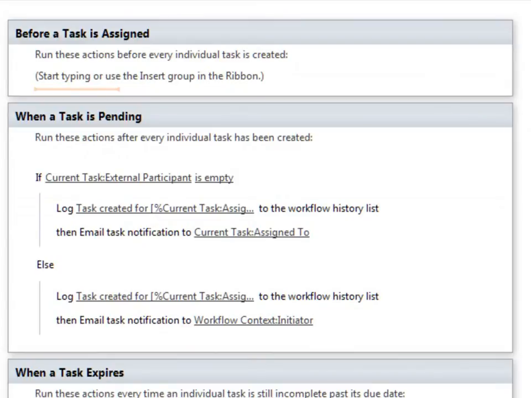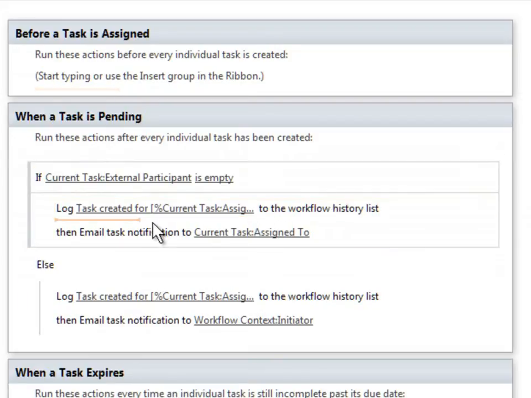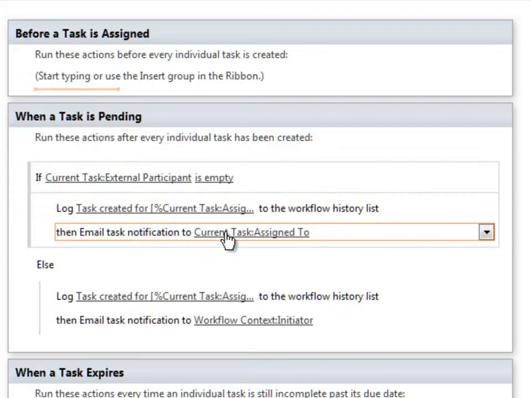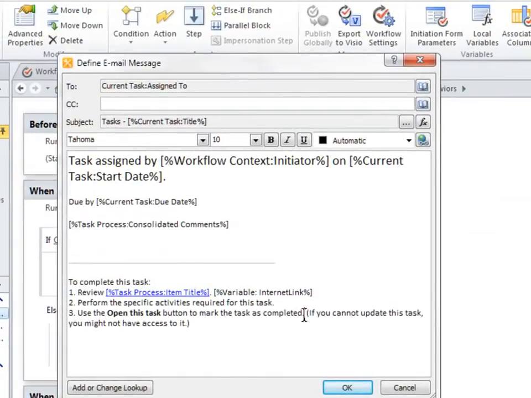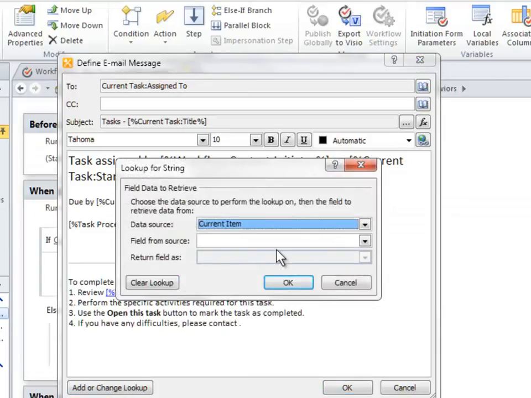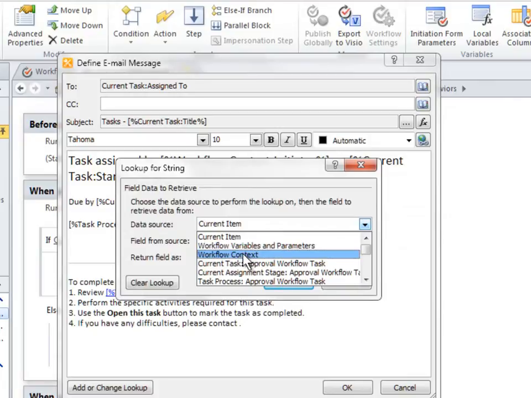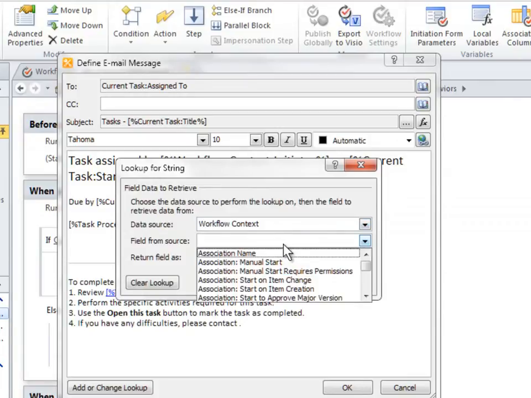For my custom workflow, I want to edit the email that gets sent when the task is first assigned. So next to Email Task Notification, I click Current Task. In the Define Email Message dialog, I'll remove some of the text about problems accessing the task list and instead add a new step about who to contact if they have problems, specifically the person who set up the workflow in the first place. So I add a lookup here, choose Workflow Context as the data source, and for field,